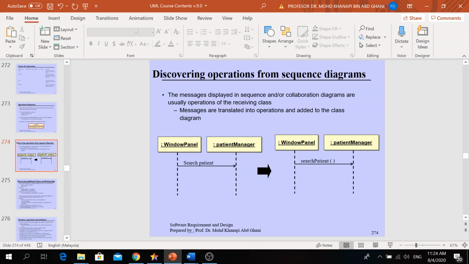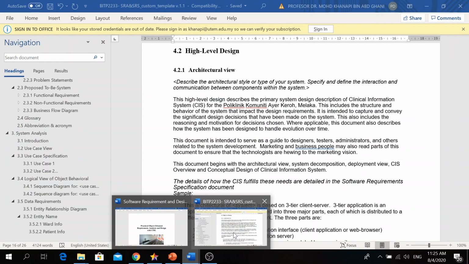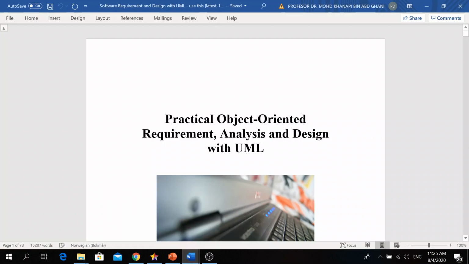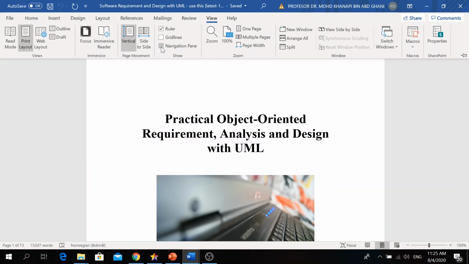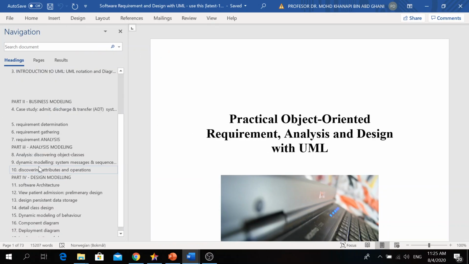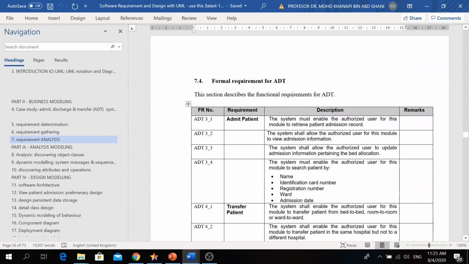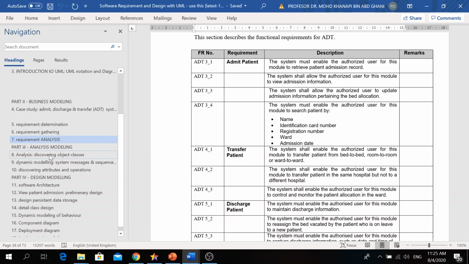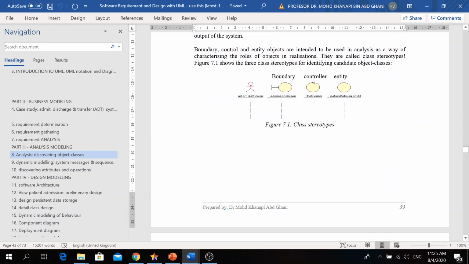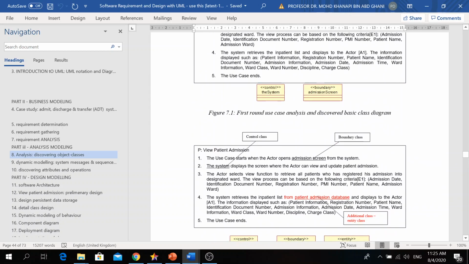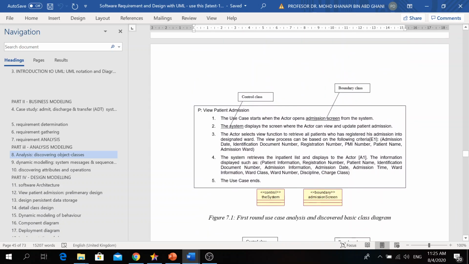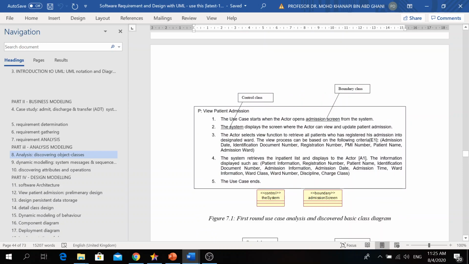When you get a new requirement, you need to update your use case descriptions. I show you the use case description here. You need to maintain your use case description accordingly.